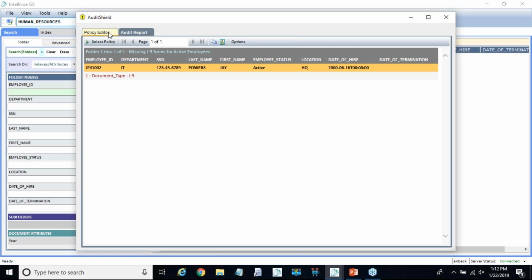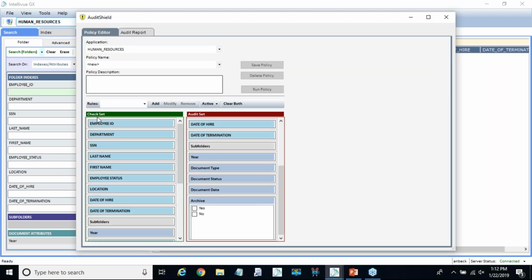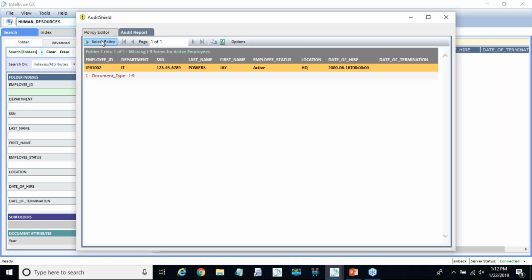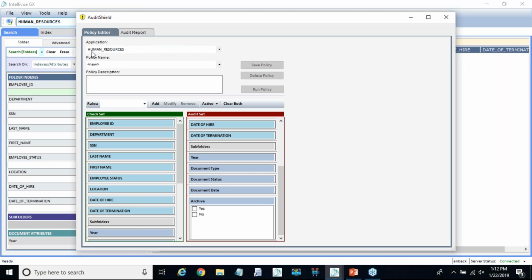So that's kind of the workflow of how the policy editor works when you're creating a new one and then running the report and if you needed to export it. I also want to show a few other types of policies that you can create based on maybe the organization you're with. So let's say maybe you have a series of consumers, if you happen to be with the County Board of Developmental Disabilities. So from this consumer files,